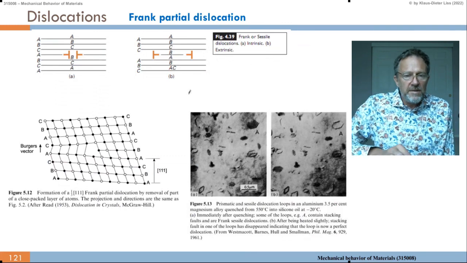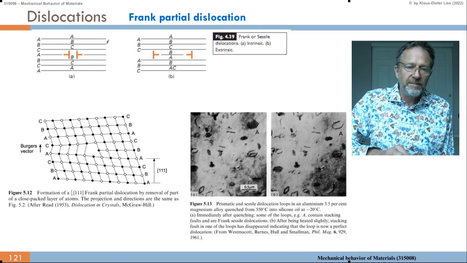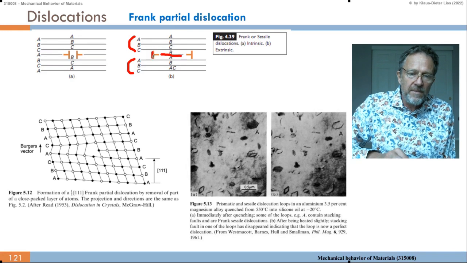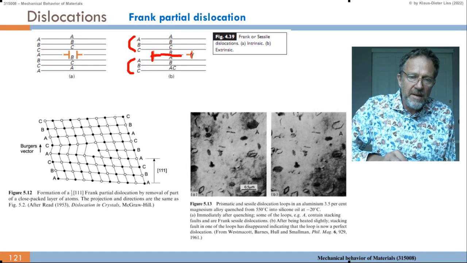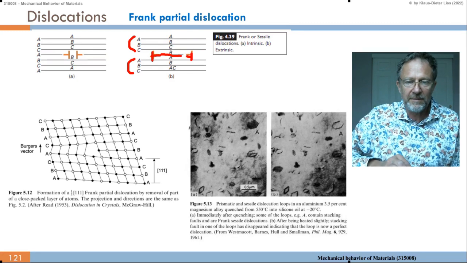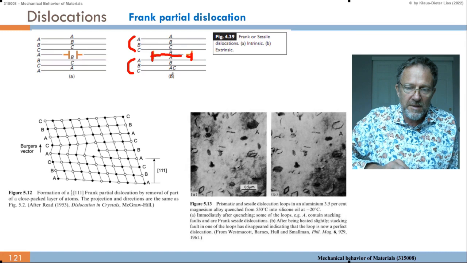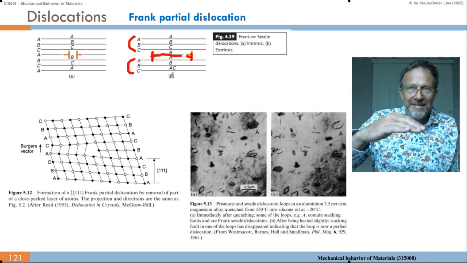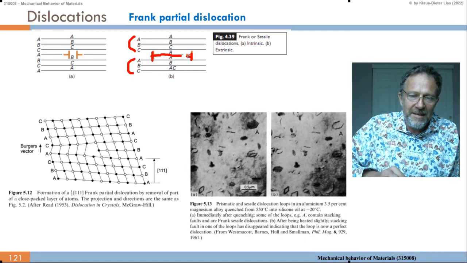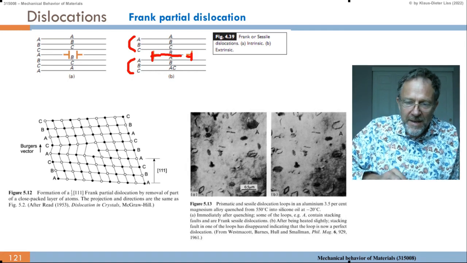I'd like to introduce the Frank partial dislocations. They are in the following situation. I have my ABC here, and I have my ABC there, so ABC, ABC. And then I introduce a stacking fault just in some area, but now with a dislocation in this way, perpendicular. So this is a pyramidal dislocation loop. So of course this is a loop. It has either to touch the surface or it is a loop. So I insert this dislocation loop,